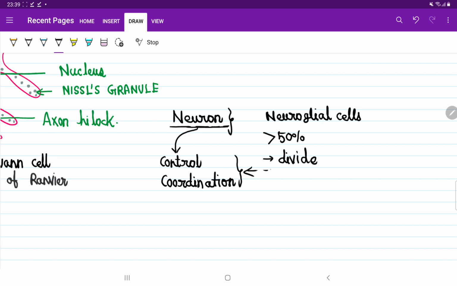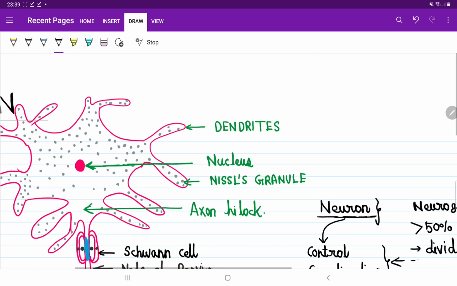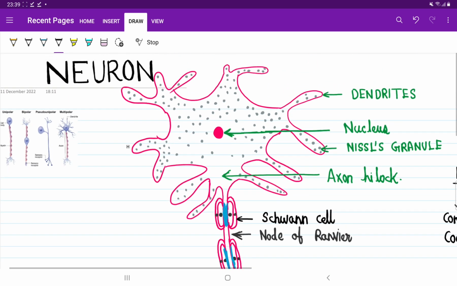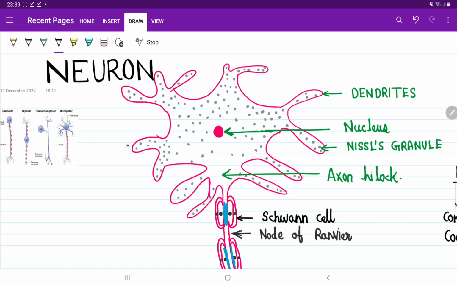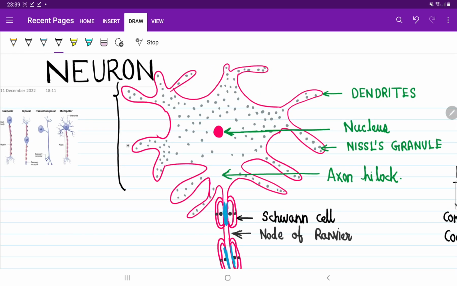Now in this video we will see the neuron only, in detail. So this is one neuron we have, and it can be divided into two types of parts. The neuron is an ordinary cell, like other human cells. It also has 46 chromosomes. This part you see is called the cell body,